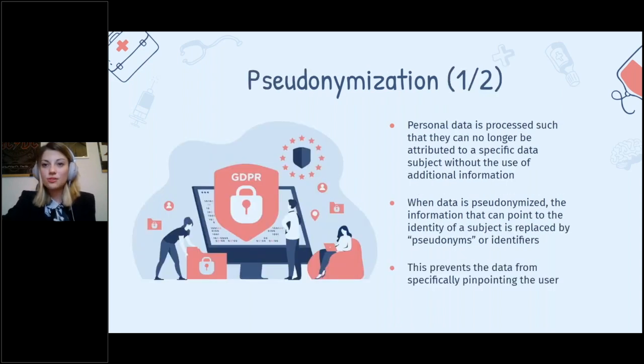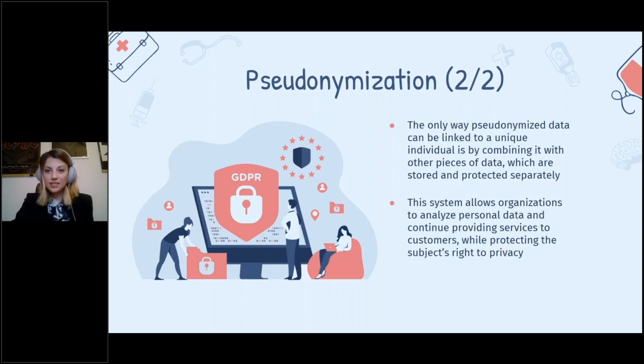And what is data pseudonymization? When we talk about pseudonymization, personal data is processed such that it can no longer be attributed to a specific data subject without the use of additional information. This prevents the data from specifically pinpointing the user. The only way pseudonymized data can be linked to a unique individual is by combining it with other pieces of data which are stored and protected separately. This system allows organizations to analyze personal data and continue providing services to customers while protecting the subject's right